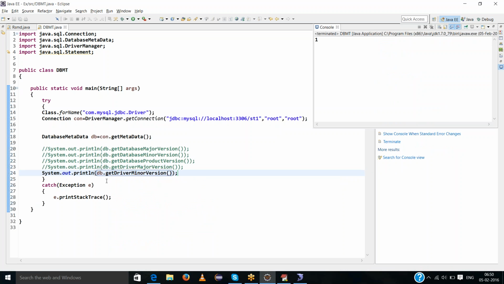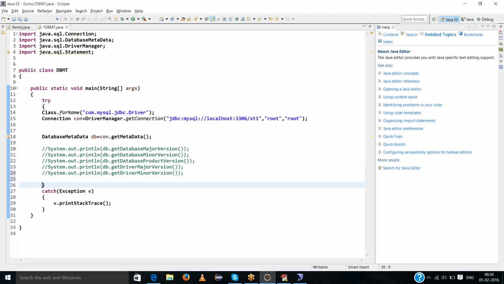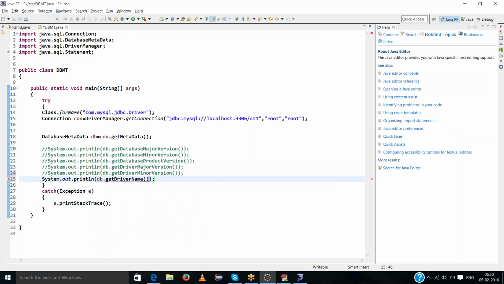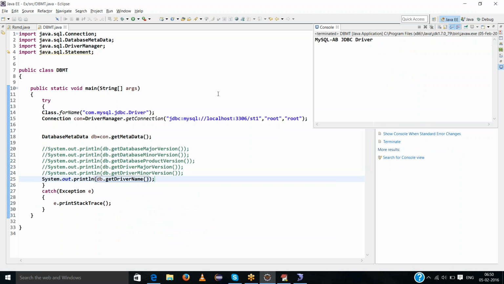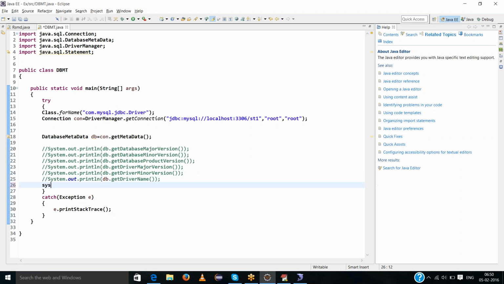Minor version 1 driver. db dot get driver name. What is the driver name? MySQL db dot JDBC driver. That is the driver name. Type 4 driver name.